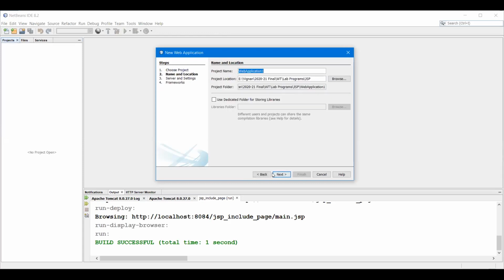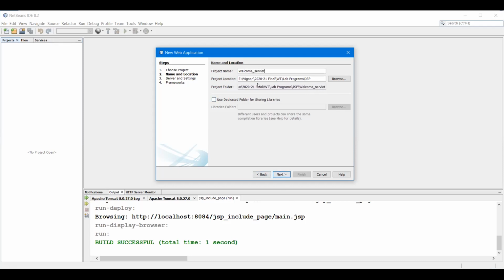Now you have to give some name to your project. It will not create any problem whatever name you give. So give the name based on your work. For example, I am displaying a welcome message using a servlet program, so for my understanding, I am naming this project welcome servlet.